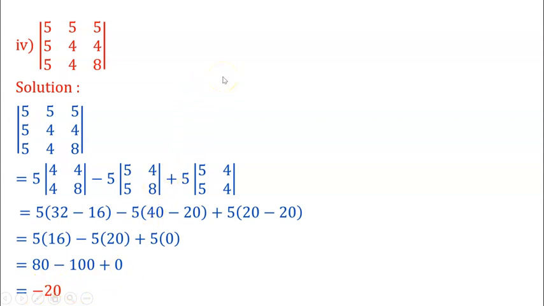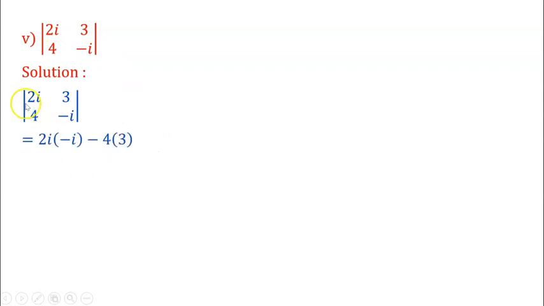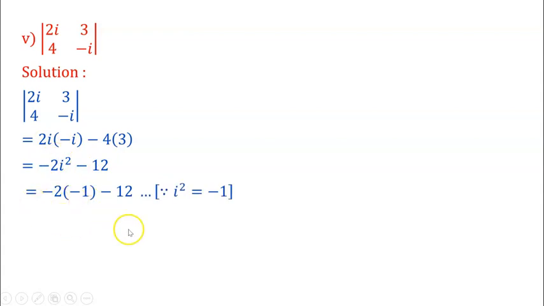Okay, now next, 2i 3, 4 minus i, it's very simple. That is 2i into minus i. Okay, minus 4 into 3 minus 2i squared minus 12, but i squared is minus 1. Minus minus will become plus. That is plus 2 minus 12. That is, you will get here minus 10. Okay, this is the value of determinant. Okay, next